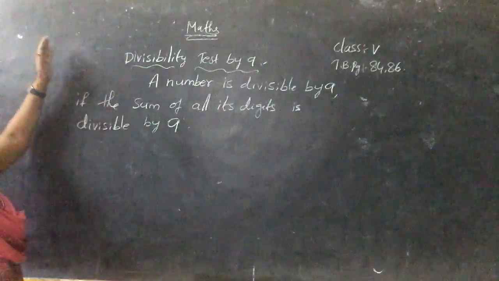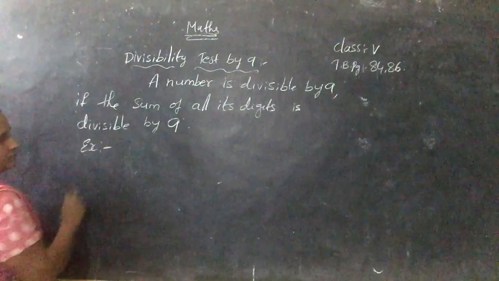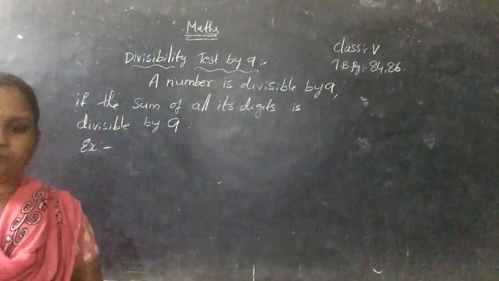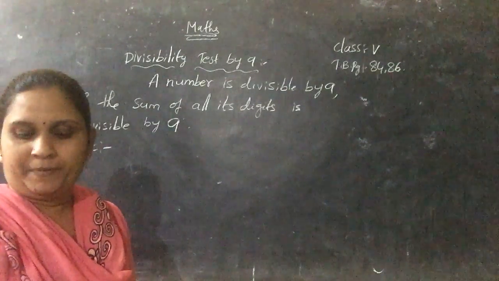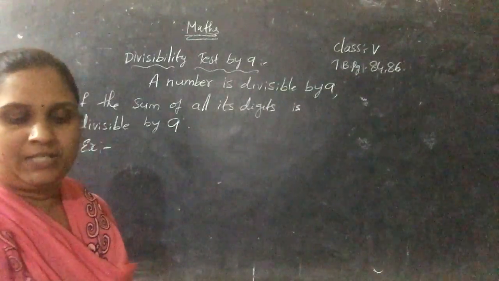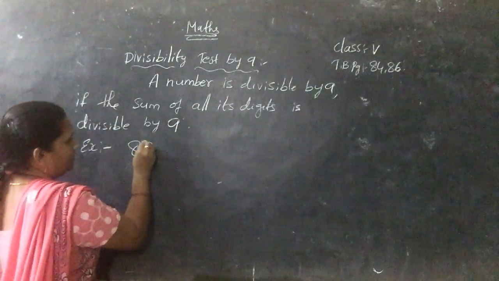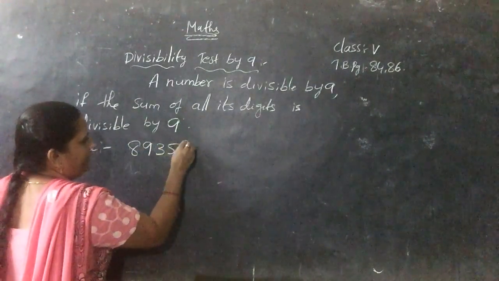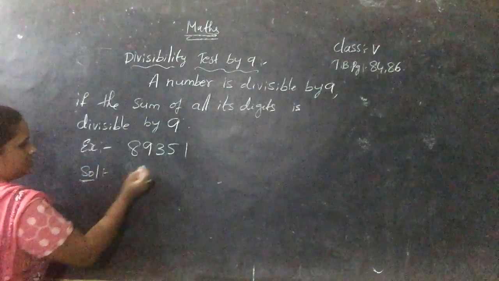This is the divisibility test by 9. Example. For this also, I am taking textbook page number 84. The first number is section E, first number 89351. Okay, solution. Same, add